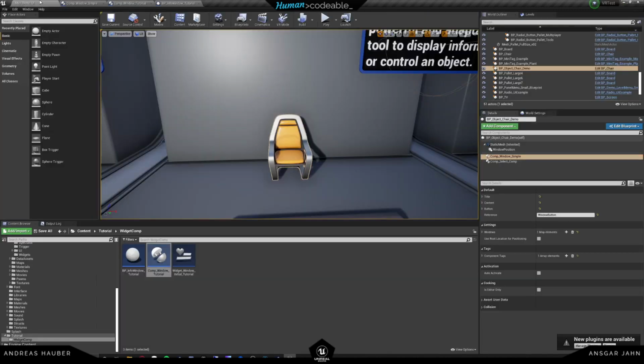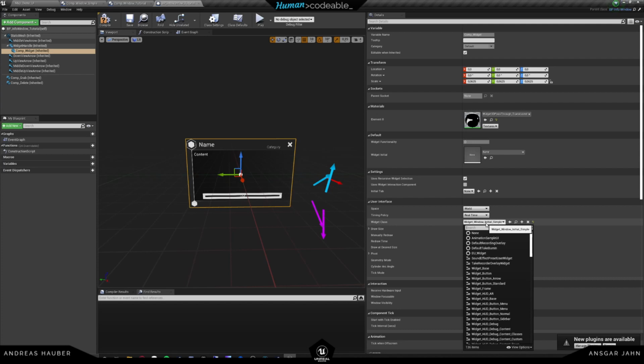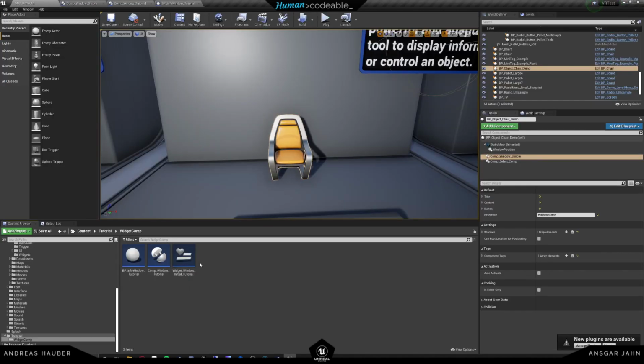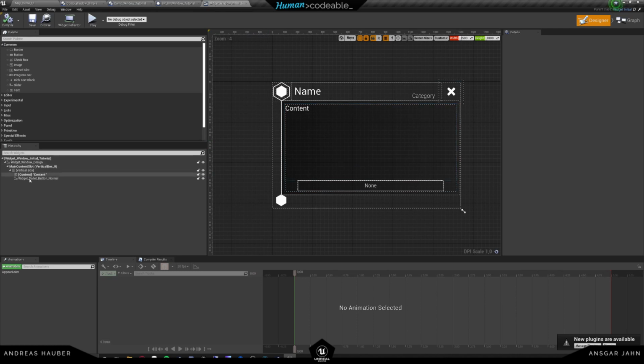And now I have to go inside the blueprint, and we can also see that it's still showing the widget simple. We want to call the widget tutorial. So we do that in the same way. And now we can already adjust our content in our tutorial widget and go in here. And there we see that we don't have a lot of elements. And this is actually one of the core concepts that I